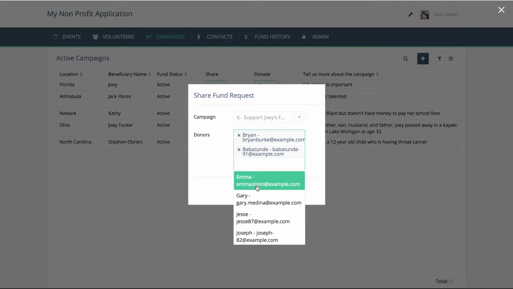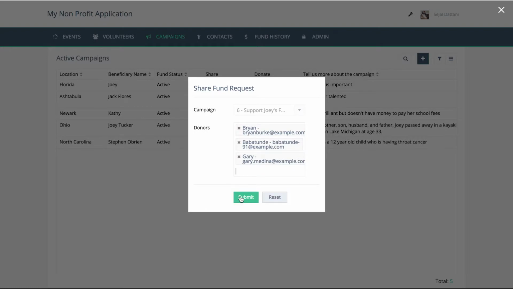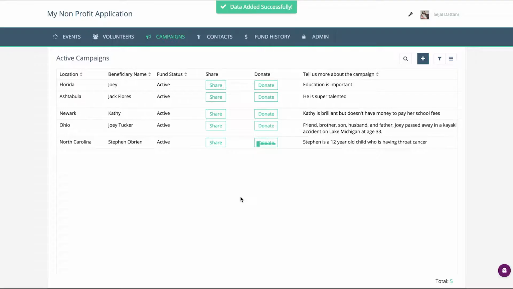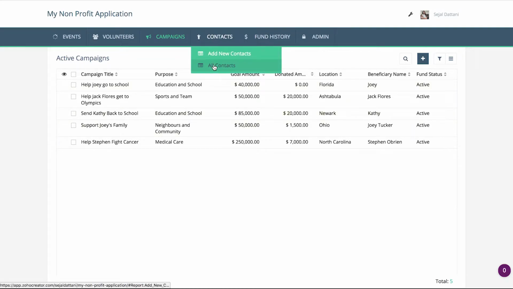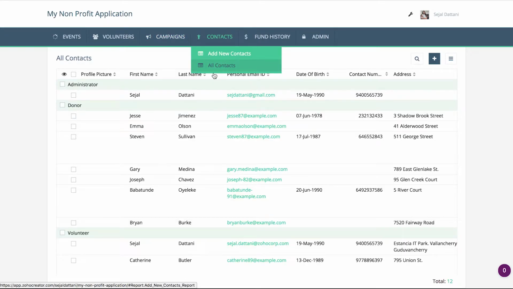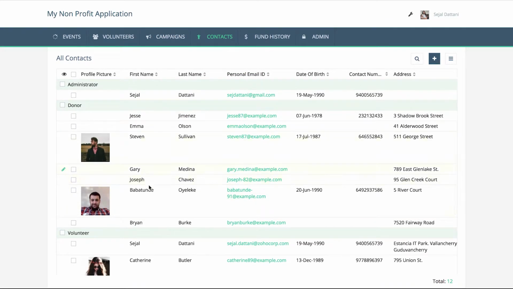You can select as many donors as you like and click on submit. Once you do this, an email will be automatically sent to these donors notifying them about the campaign. And once those donors donate, their details would be automatically captured in this all contacts form under the donor section.